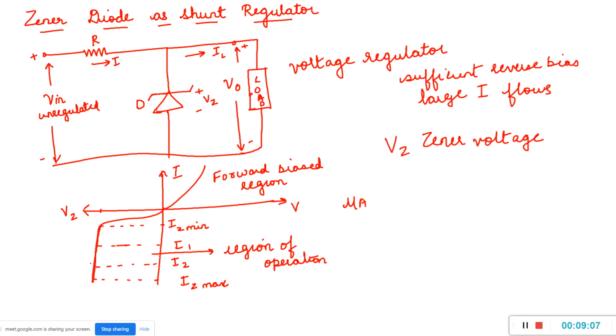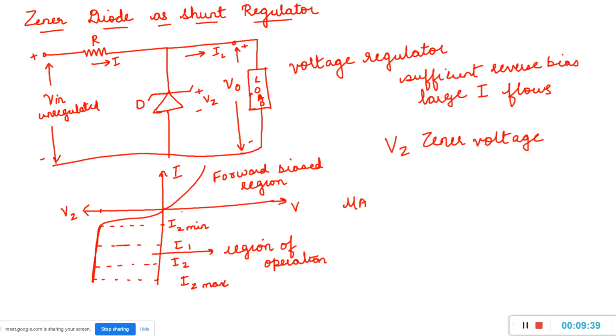It acts as nothing but a shunt regulator which provides us the constant voltage which can be used for the power supply of the devices. So, this is one of the very easiest circuits of the Zener diode and application of the Zener diode, that it can be used as providing a constant voltage Vz. Okay. So this was a simple explanation for Zener diode as a shunt regulator.